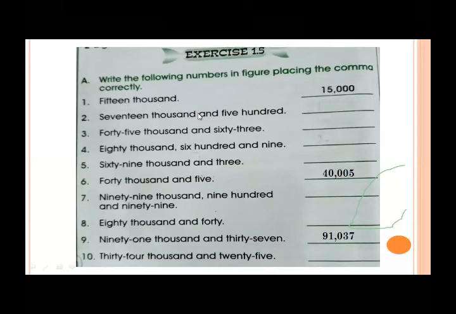15,000. You write it like this, nothing is given in the place of 100, tens, units. Why is it counted as 15,000? It means 1 comes at the place of 10,000 and 5 comes at the place of 1,000. Both come in the group of 1,000, so it counts as 15,000. Then we put a comma because the first group is complete after 1,000. You write it as 15,000 because nothing is given in the place of 100, tens, units. When nothing is given there, then we put 0 in that place. In this way you will solve these questions in your book using pencil.